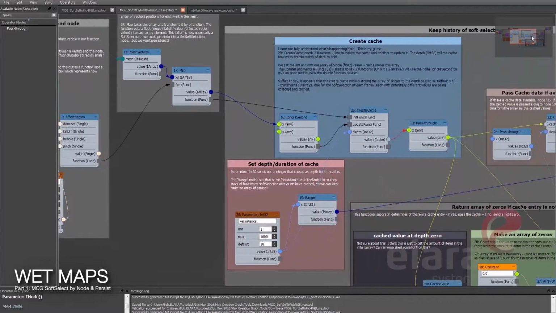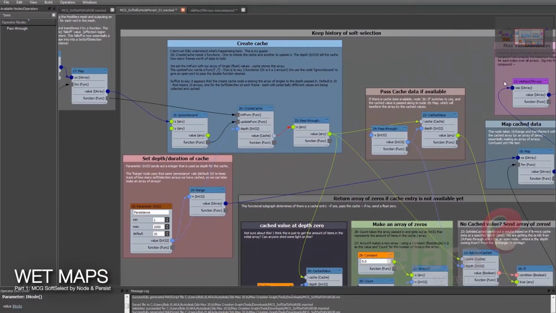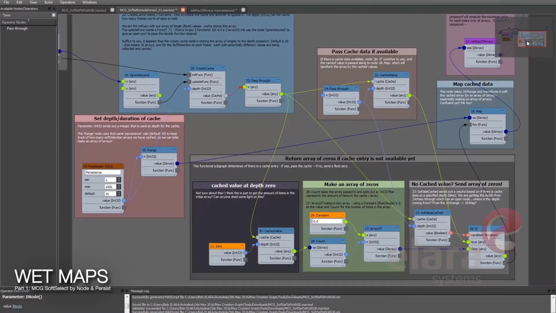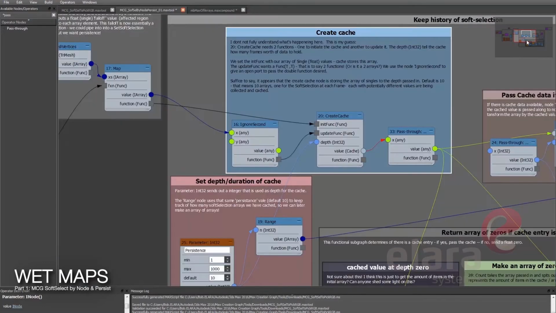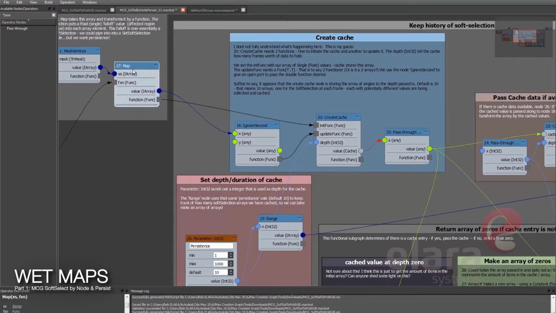Martin has built up this whole section in the middle here, which is going to keep a history of the soft selection in a cache, and then it also is going to say, hey, whatever the highest value is, that's what we're going to keep. And that's really the meat of how this persistence works. So first thing we do, we have that array that we kicked out, and every vertex now has a falloff value. It has a float single for every vert, how selected it is. And that really acts as the selection in any particular frame.